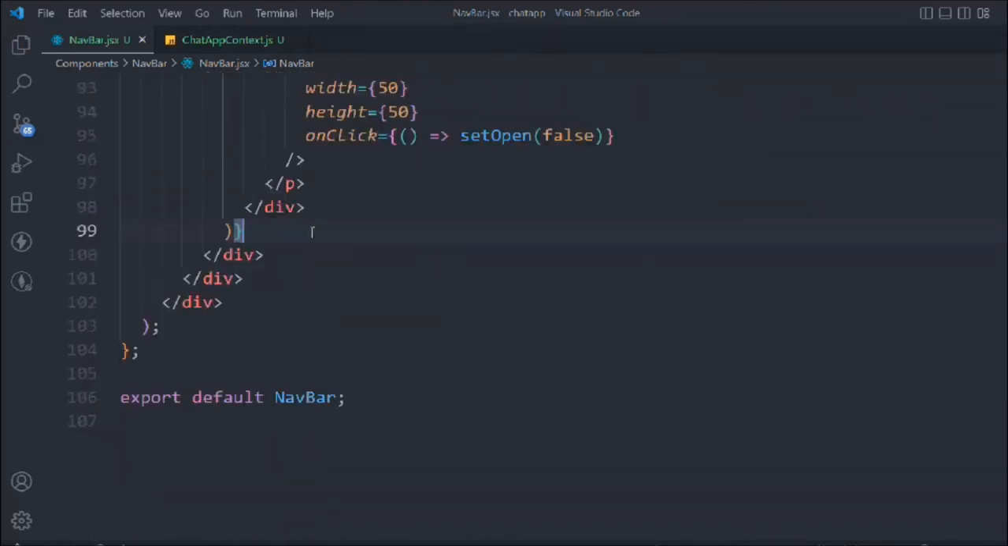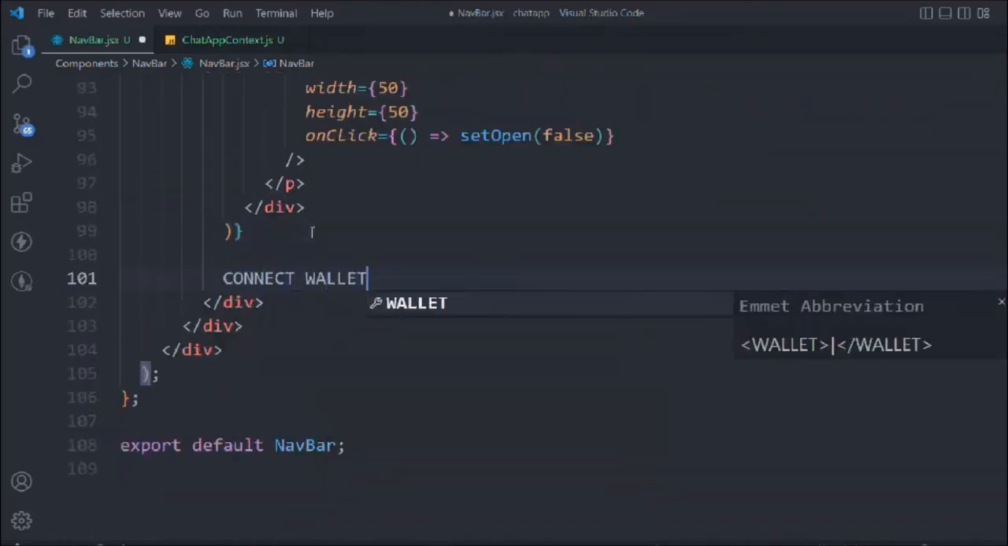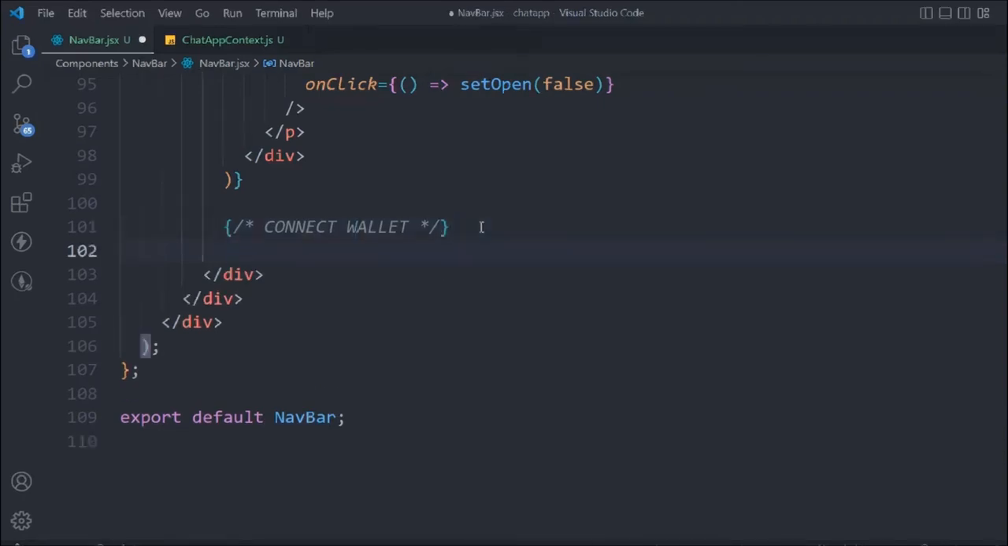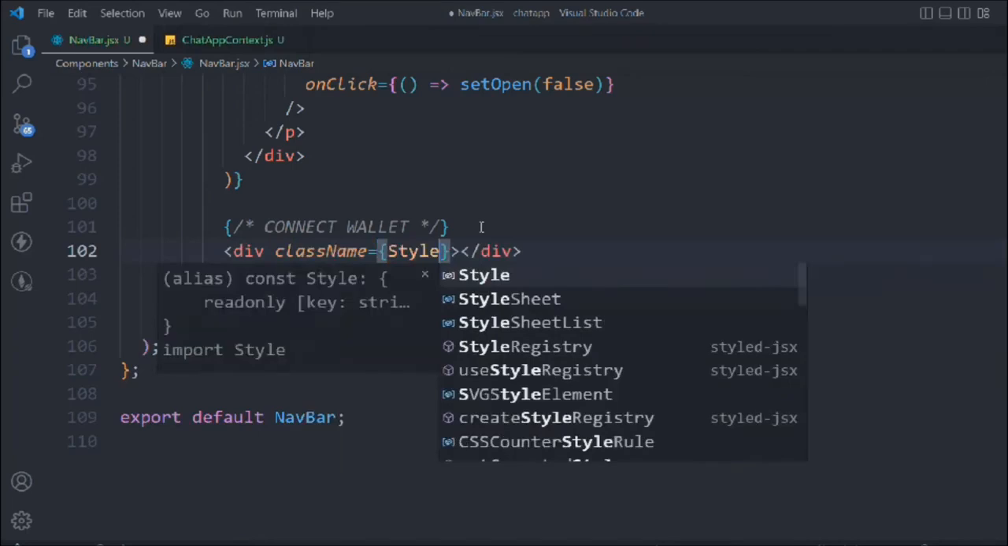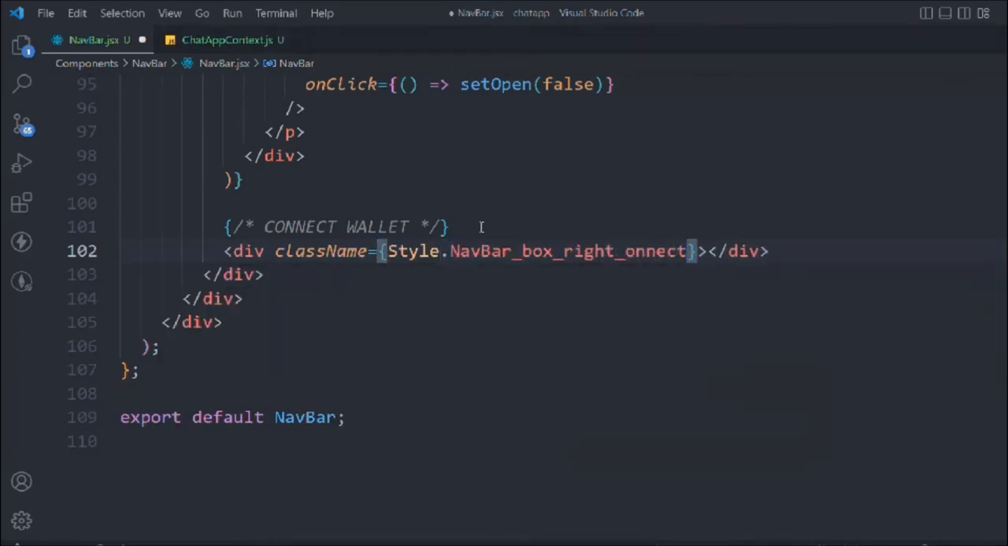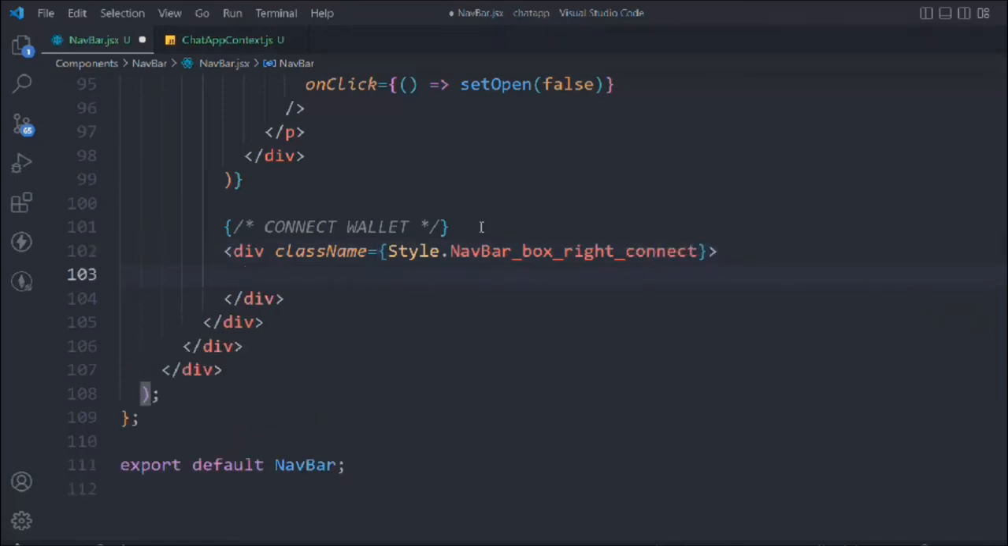Let's come down, and we have to take this connect wallet function. So we'll have a button in our menu which allows us to connect. We'll have a button in our navigation bar which allows us to connect with the wallet. So let's create that element first. We'll say div, we'll say style navbar box right connect. In that we're going to take this